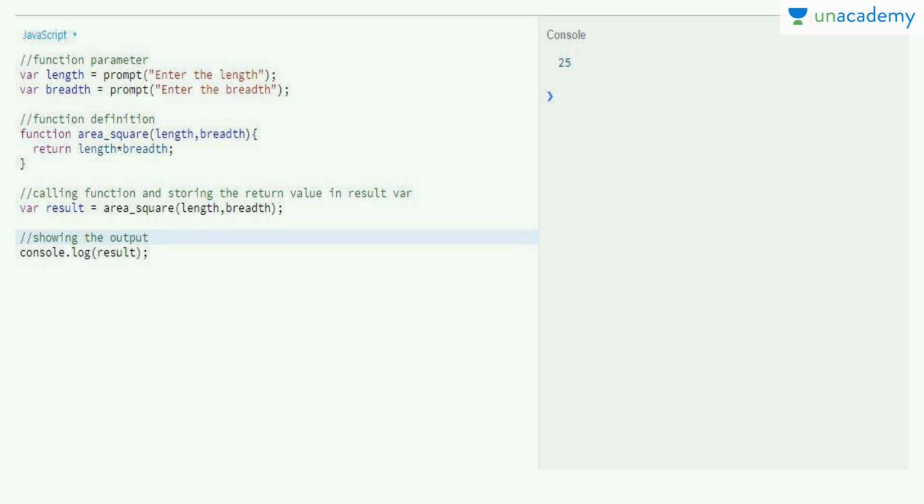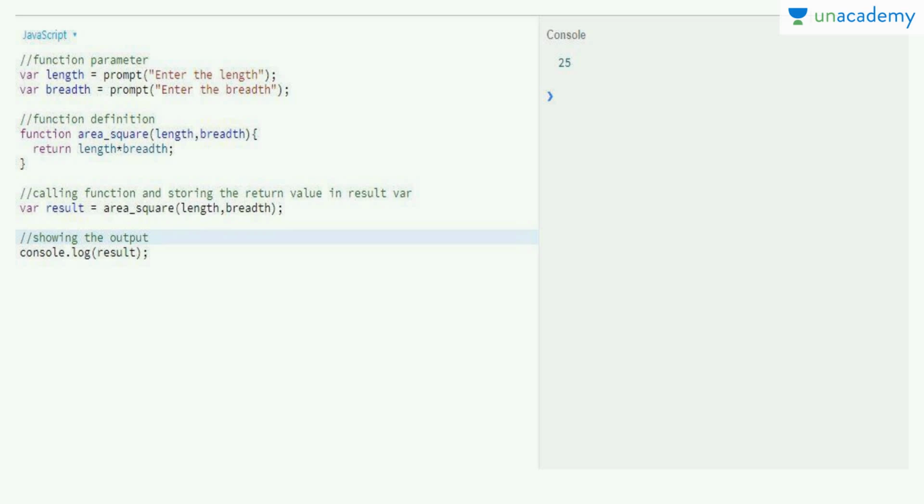So result is another variable in which we have called the function. When the function executes, it will simply take the two parameters, length and breadth, which we have defined above the function definition. You can pass anything in the function; you don't need to write it as length * breadth.